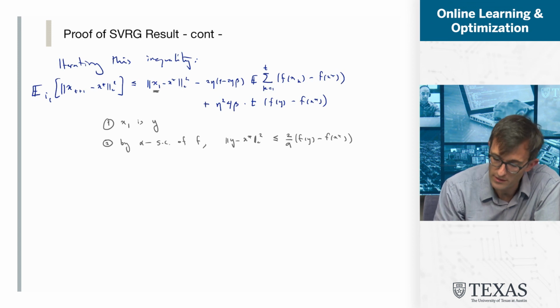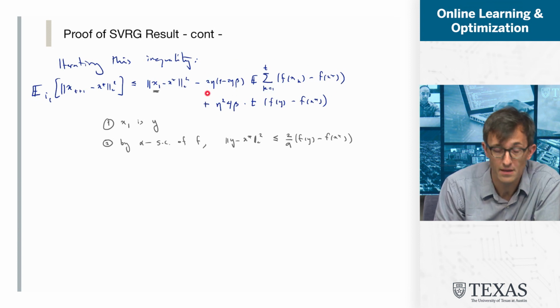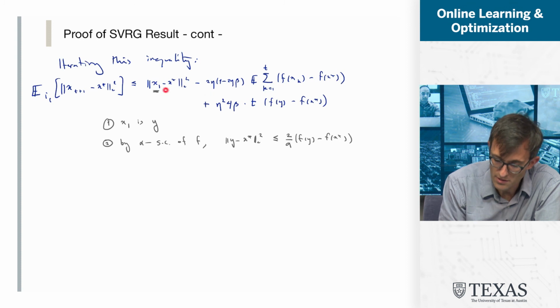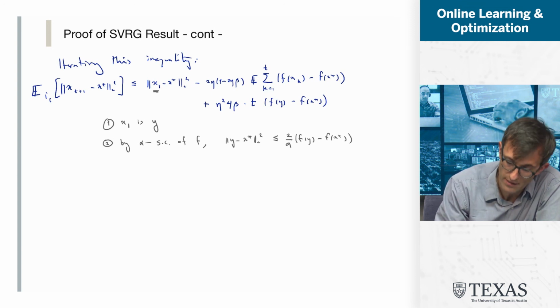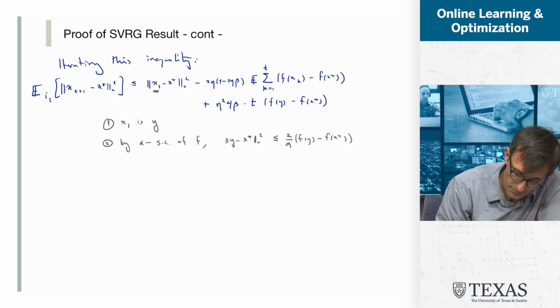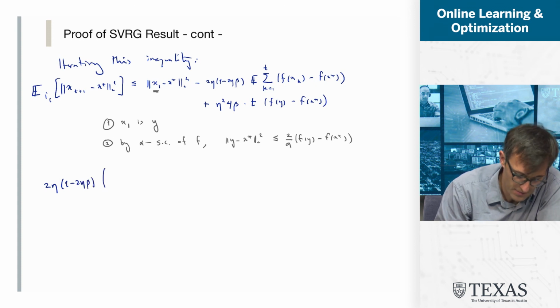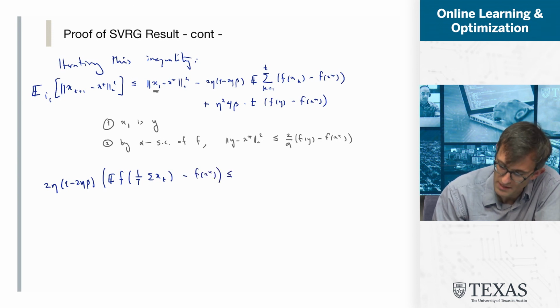And finally, putting this all together, I'm going to move this term over to the left-hand side. This is the term that I want to bound. This term here, because of the inequality below, is going to merge together with this final term, f of y minus f of x star. And putting this all together, what I'm going to find is that 2 eta, 1 minus 2 eta beta times the expected value of f of 1 over t times the sum of xt minus f of x star is less than or equal to, and now this is just a product of,